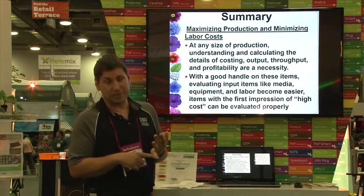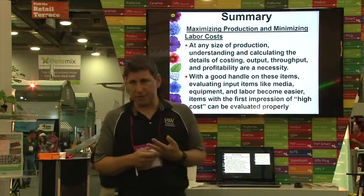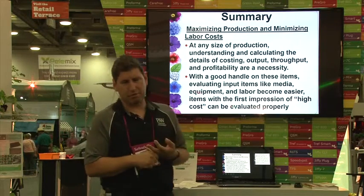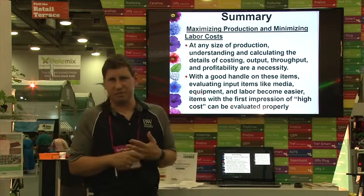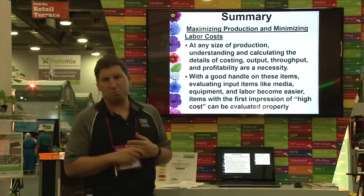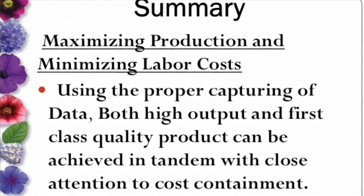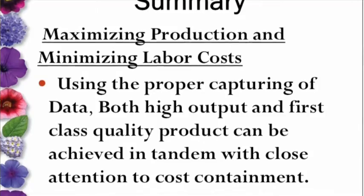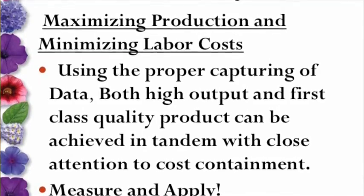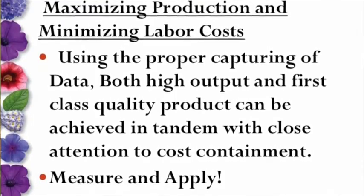when we evaluate inputs like media, we talk about Jiffy Performance, things like that. We talk about automation, how we handle labor, becomes a lot easier, and you can knock out some of that first impression of high cost, right? So we can do a proper evaluation. Using the proper capturing of data, high output and first class quality can be achieved in tandem with the cost containment. Measure and apply, and we know for next year, the game plan is we're planning on at least a